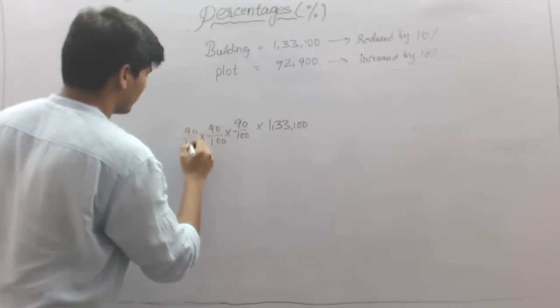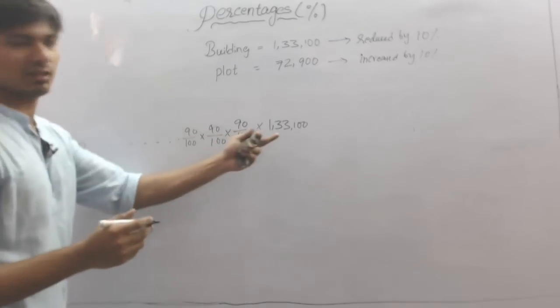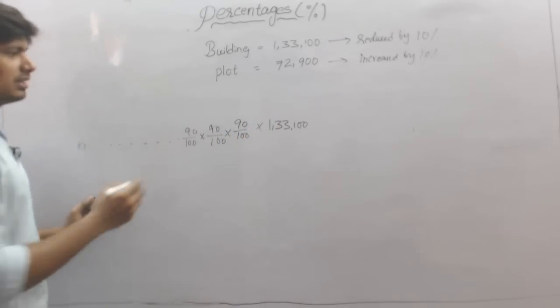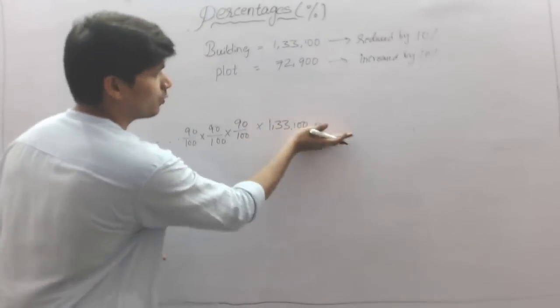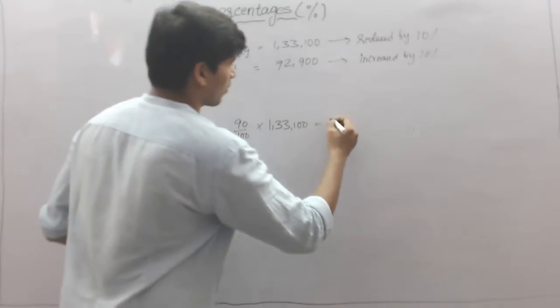90 by 100. 90 by 100. We don't know at what point after n years it goes on reducing. Similarly, what happens? This should be equal to the price of the plot. How many years? We don't know. The plot is